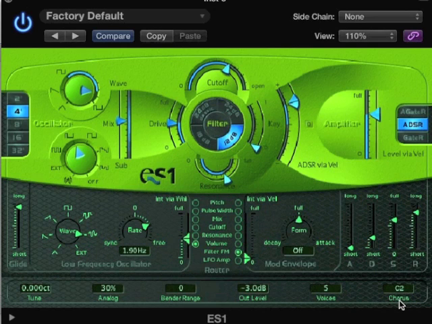Well, okay, that's what I can tell you, what I have learned about the ES1 synthesizer in Logic Pro. I still have some controls to figure out, but I hope this has helped you to